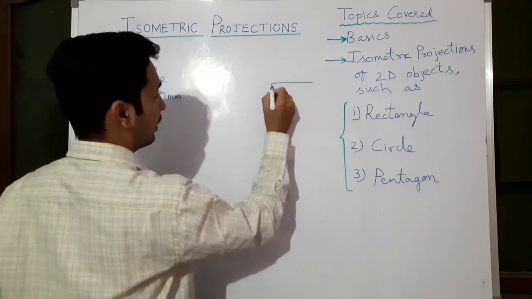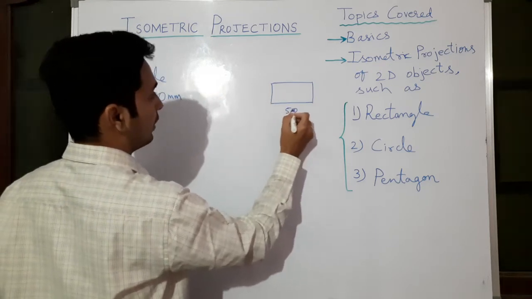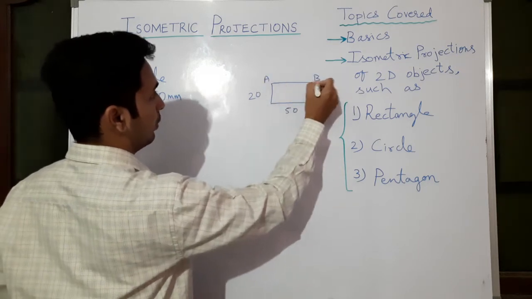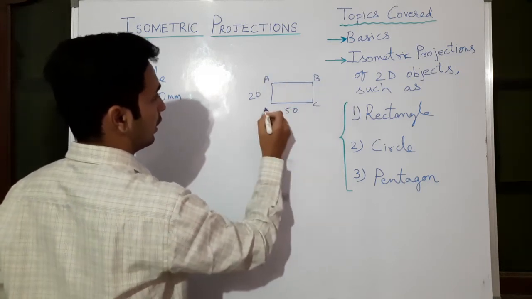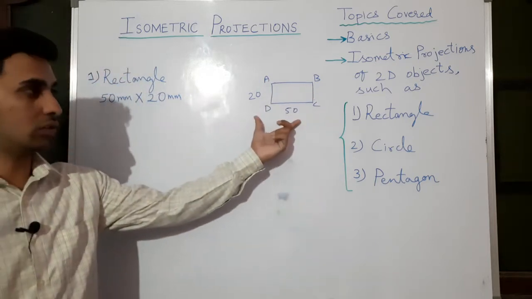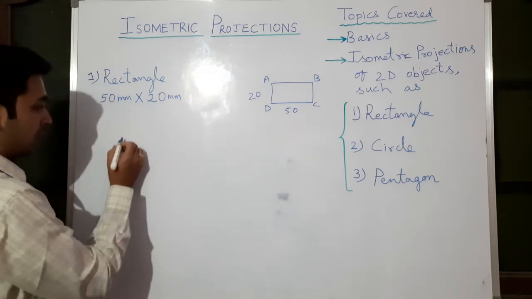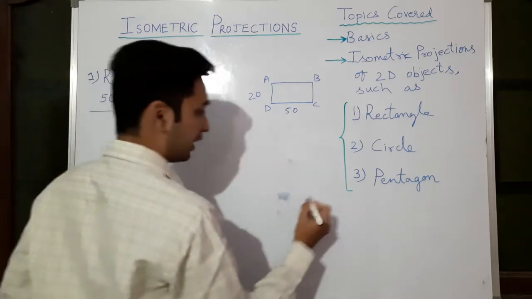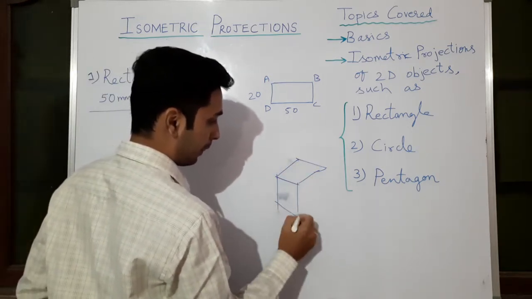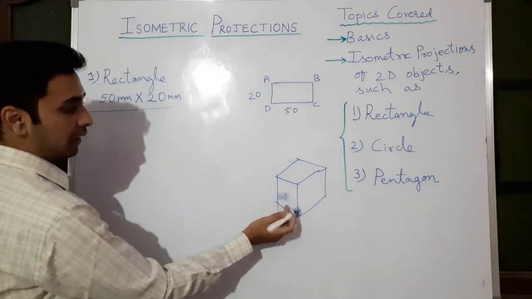Okay, some object like this, a rectangle sheet. Imagine this is the sheet of rectangle having this as 50, this as 20. Imagine this is A, B, C, D, any names. Okay, now we will see how to represent this 2D diagram in a 3D orientation. So there are two things here. Once again we will look at the cuboid example and we will come back here. Now this rectangle we will try to draw.